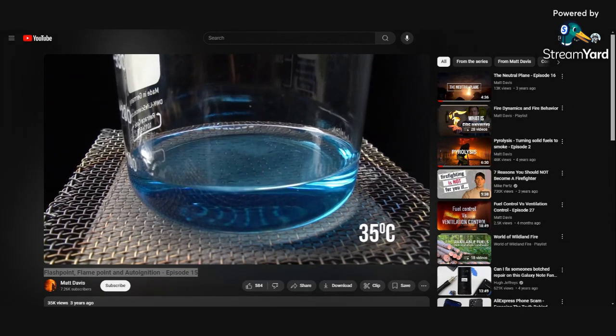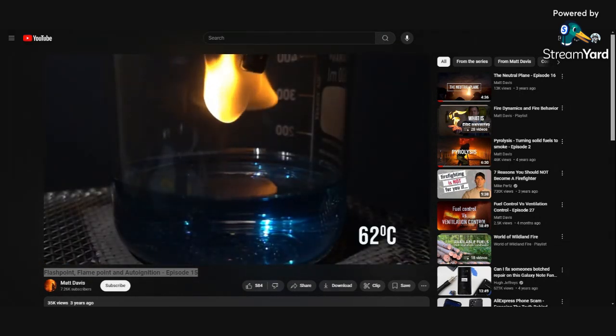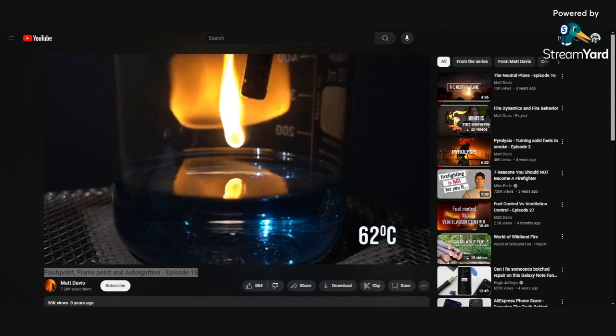And what you can see is when we add the flame to the kerosene, we don't see an ignition. And this is because the kerosene isn't actually letting off enough flammable vapors to actually sustain a flame, which means we therefore haven't reached our flash point. Whereas if we heat our kerosene up and we've reached 62 degrees, where this grade of kerosene just happens to